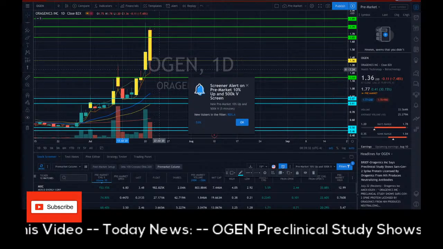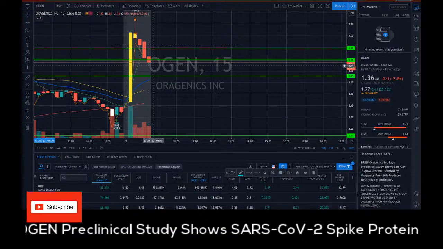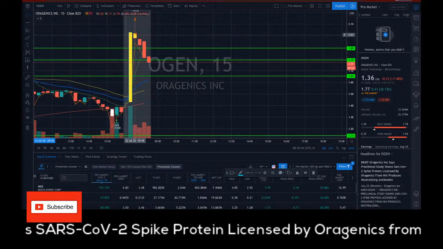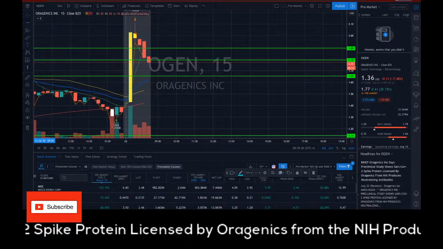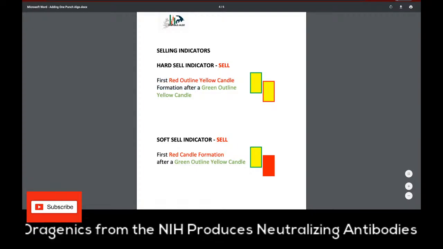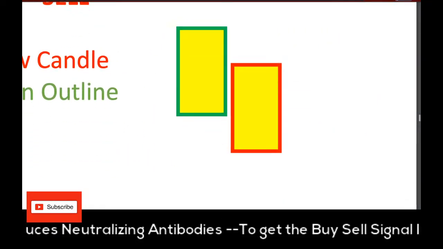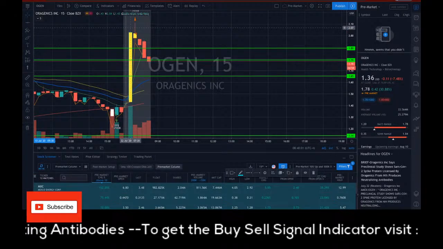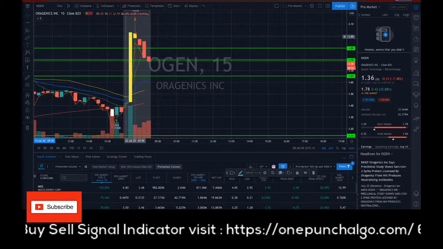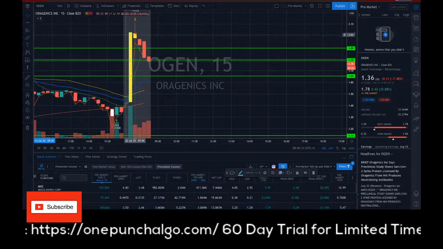All right, so let's go back. Okay, so you see here with 15-minute at 7:45 there's a hard sell, right? So after the hard sell, if you go back again to my documentation, first red outline yellow candle formation after a green outline yellow candle, so it has to be like this. Okay, that's a hard sell. This is actually a soft buy here, and this is actually a hard sell. So since then it is down